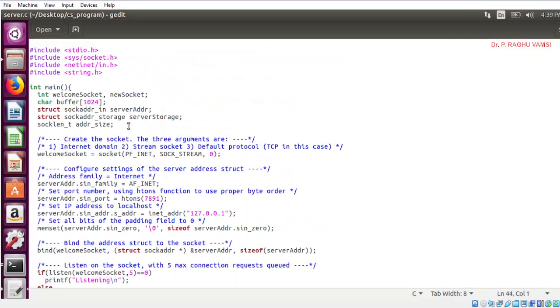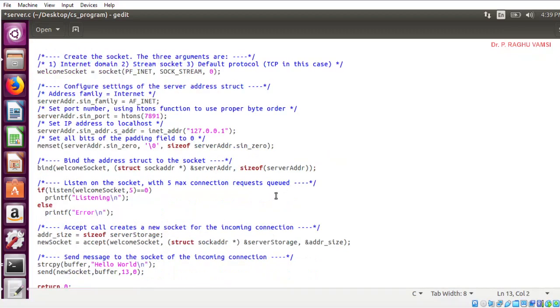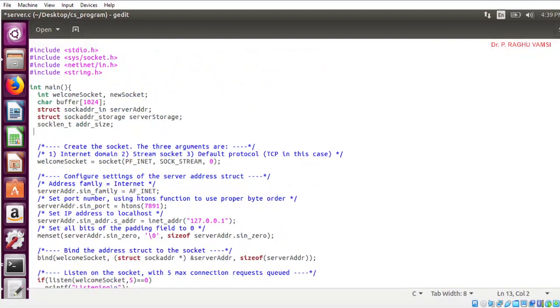So here we can do one thing. Let me declare one variable here. Anyhow, we have declared the buffer. So one thing we can do is write a variable like int key is equal to 113.